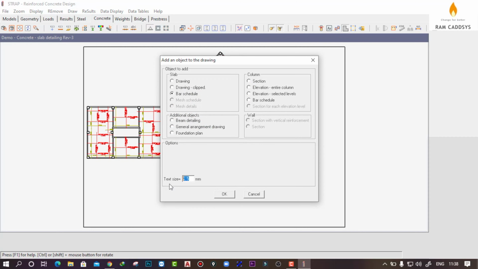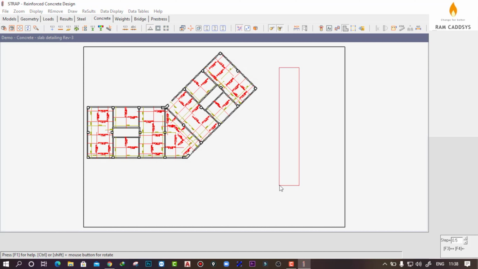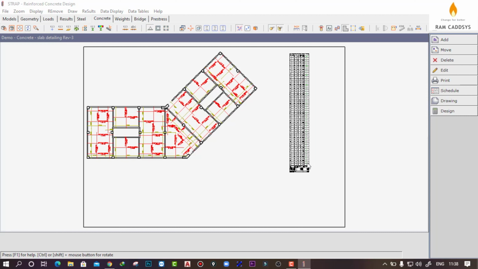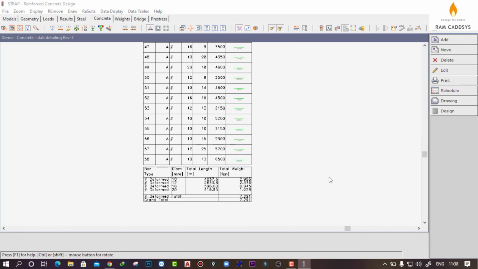You can provide the text size and click on OK. Now place your bar bending schedule. You can see the detailed schedule is created here. Let's create a window to view it properly, and you can see all the bar bending schedules and the total amount is provided here automatically.